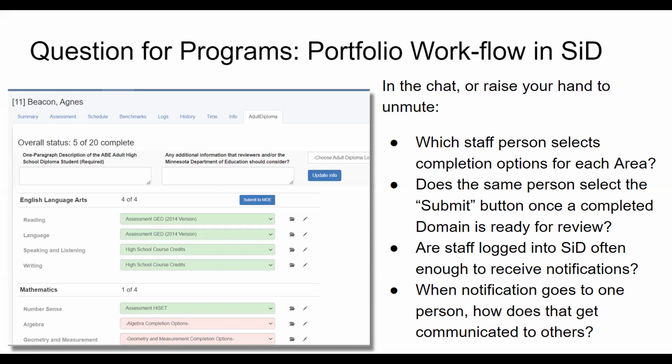So Summit Academy, it's probably one of two of you. Abby, have you noticed if it's somebody different who's selecting the completion option from who's hitting submit? Do you ever have frustration or mismatch of who then is receiving the notification or the message on their screen? Yeah, I think for the most part, Megan will usually meet with the student and then pick out the completion option. Sometimes I'll be involved in that too, and then they work on it together, and I'm kind of the final check on it.